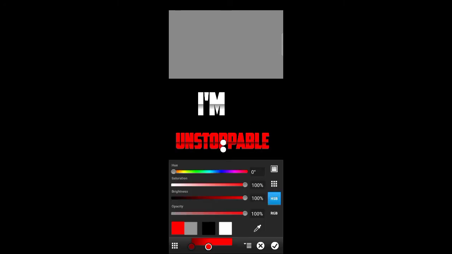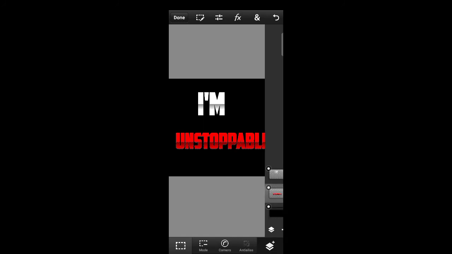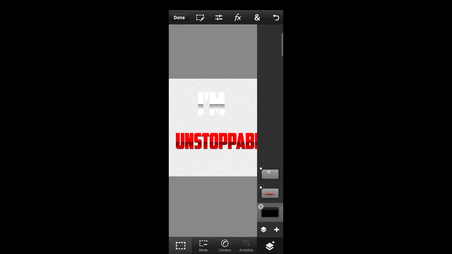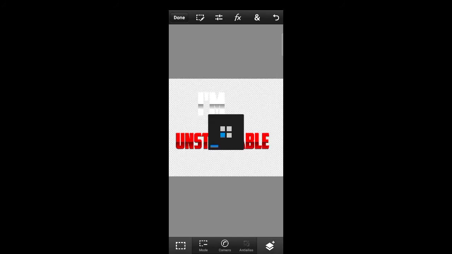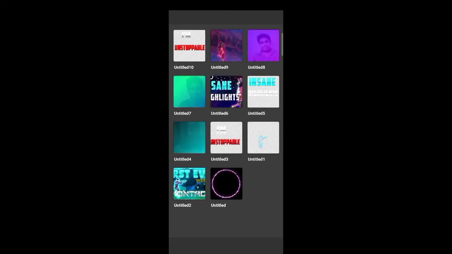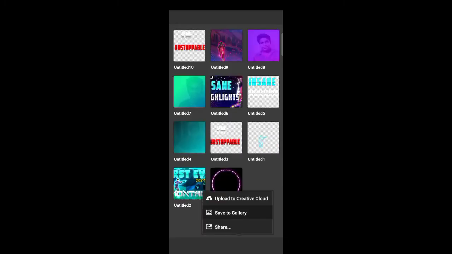Again, select the same color, you will get the best look. Now hide the black layer and click on done, save, and simply save to the gallery in PNG format.